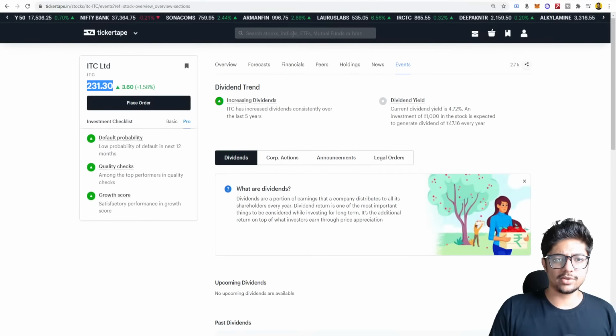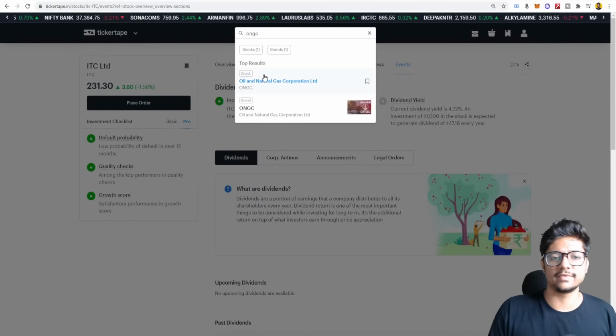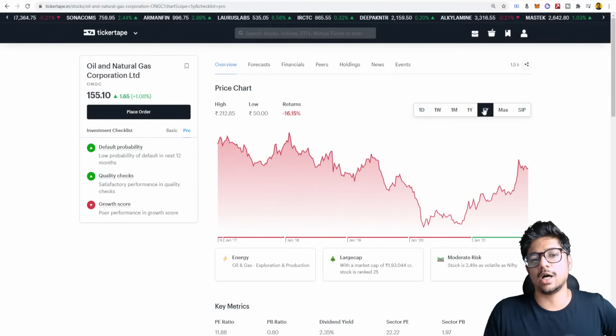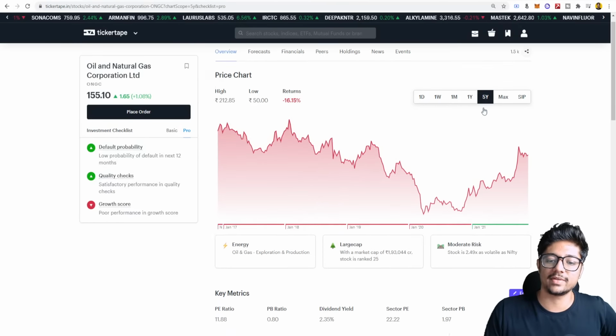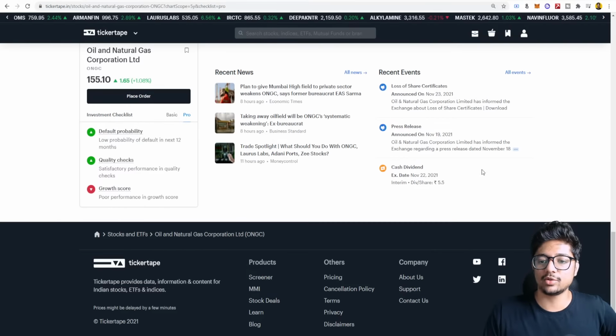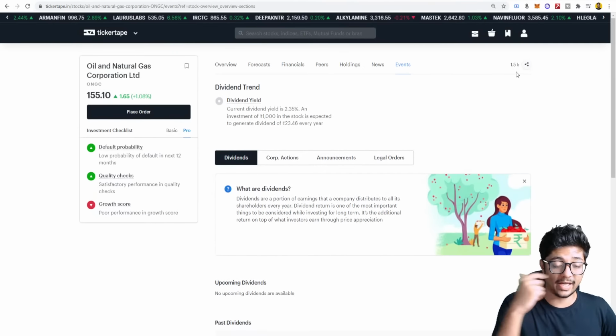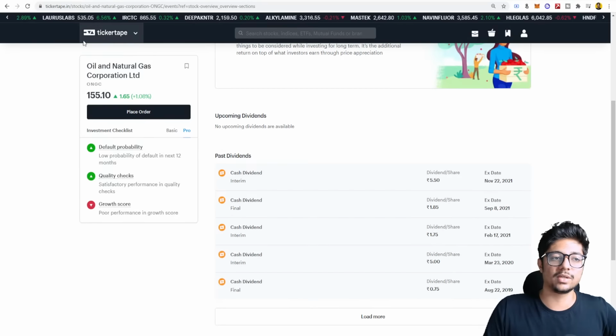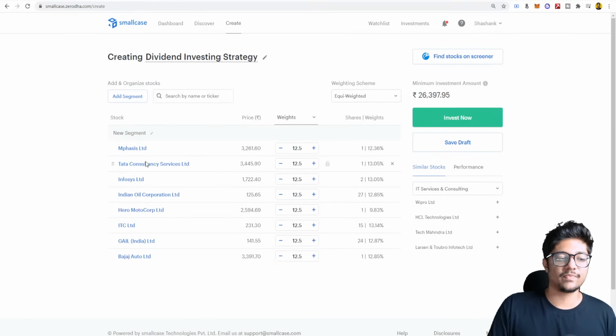And I also wanted to check one more. ONGC also gives a lot of dividends. I want to check ONGC once, whether its last 5 years has been up or down. ONGC has given you negative returns in the last 5 years, minus 16%. But because ONGC is predominantly held by the government, you will see good dividends, but not worth this investment. So these are the 1, 2, 3, 4, 5, 6, 7, 8 stocks you can save.